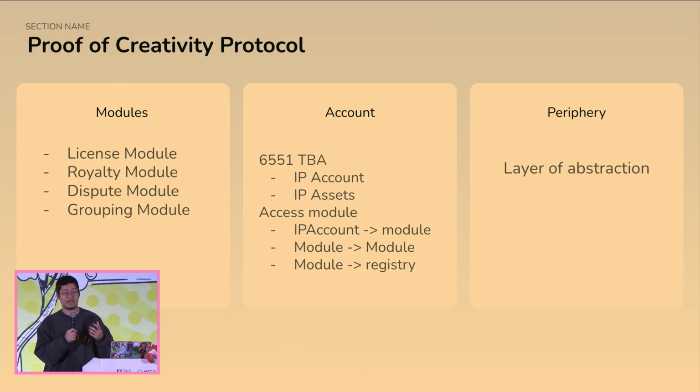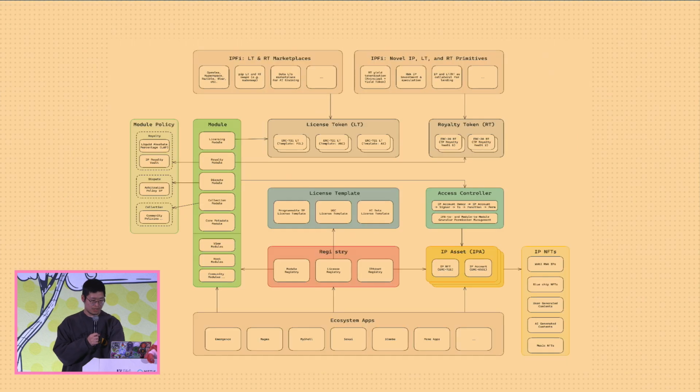But with the periphery contract, you can just call a single method to support all the general execution actions. So here is a slide, a complex diagram introducing how the flows between different asset types and modules collaborate together.